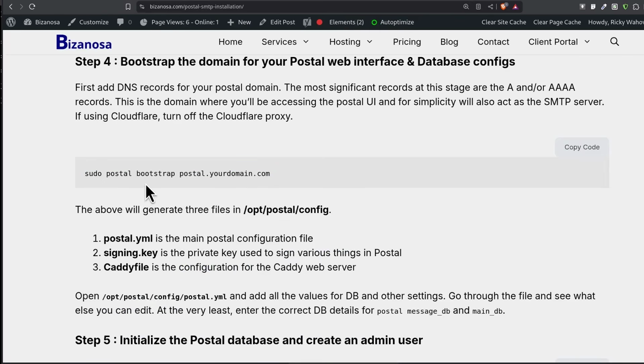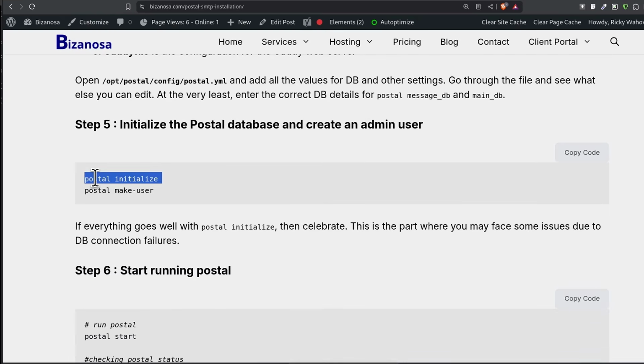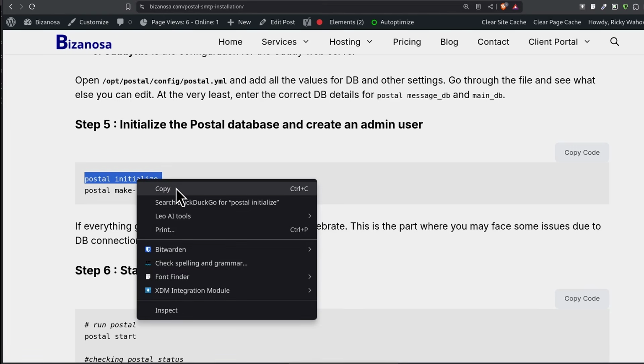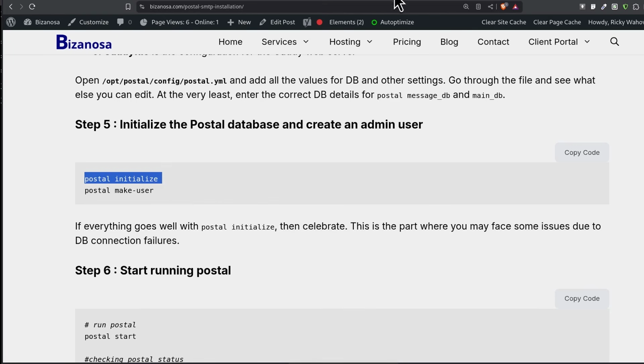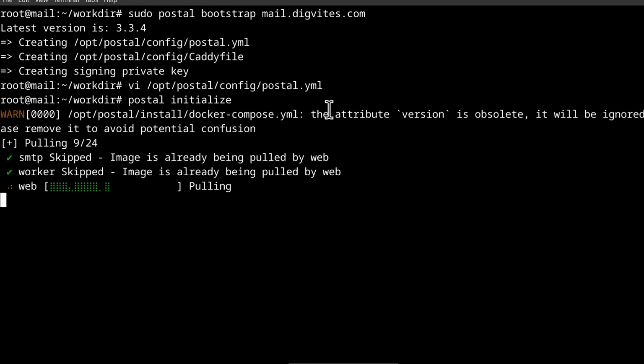Come back here, and this is a moment of truth. Okay, if you experience any problem once you run this, if you don't access the database, just know something is wrong, and you're going to need to figure out what the issue is. In my case, I hope I've set up everything correctly. So when I run postal initialize, it should work. So if you're unable to run this, you might need sudo, but not always. So postal initialize, let it do that, pull the images.